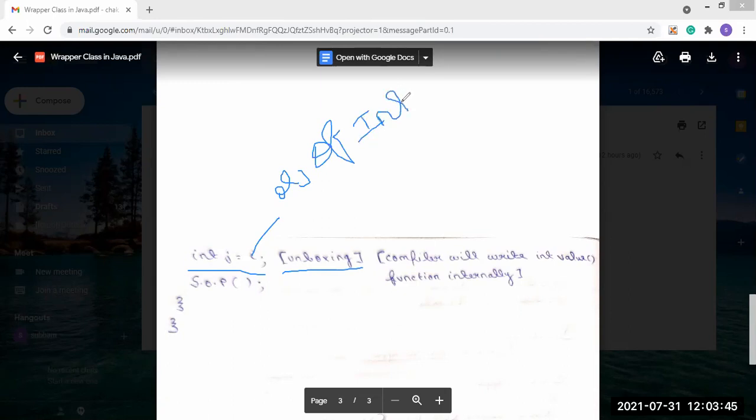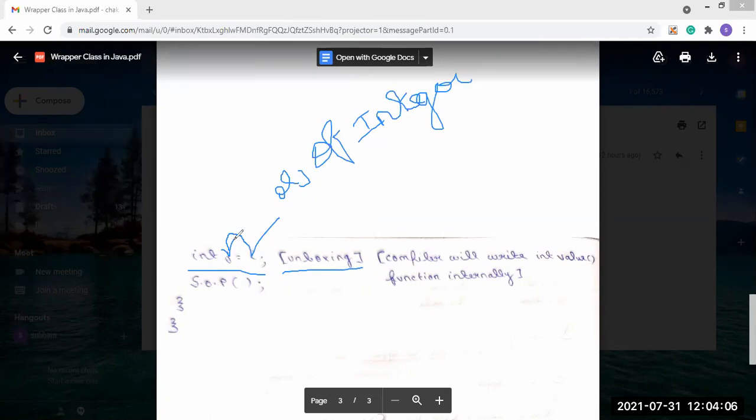Integer is the wrapper class, so it is an object. And we are storing this object directly into the variable int j.